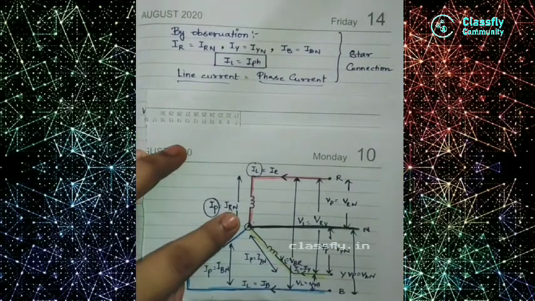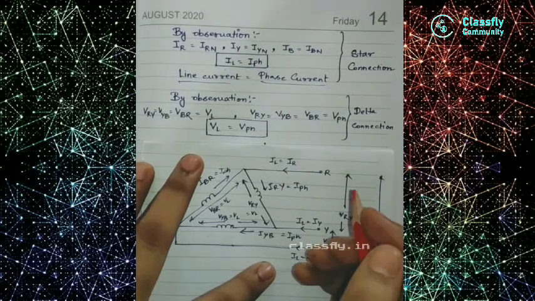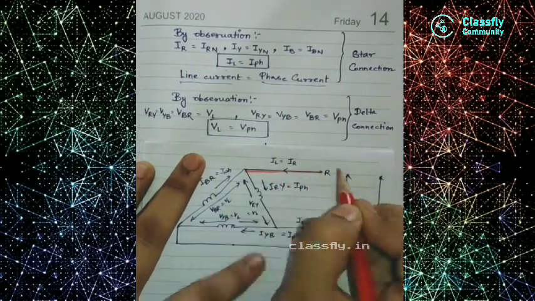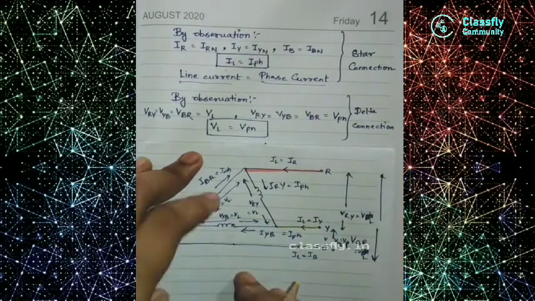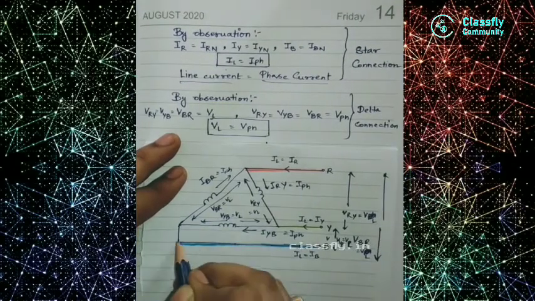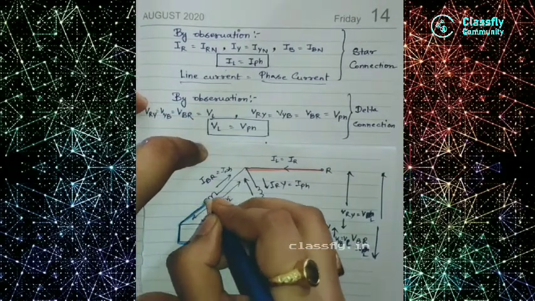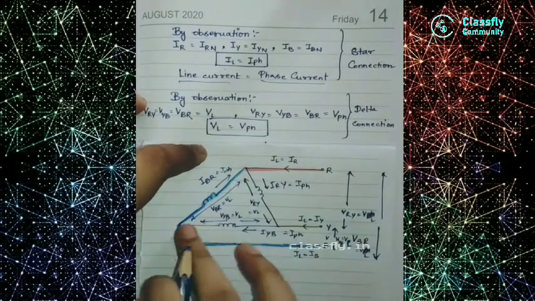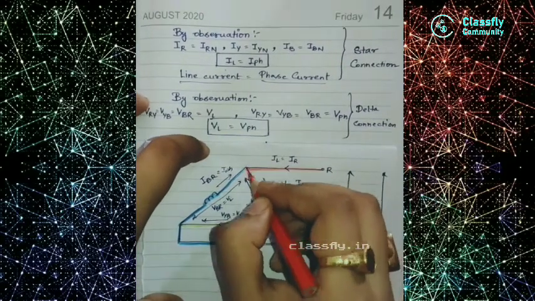Similarly, we will do it for the delta one now. So this is our delta connection, right? But tell me what are the colors? It is red, right? So this is my red. This is my yellow, and this will be my blue. So for the red color, which will be my red color here, or which will be my blue? See, blue will go this side. That means this color is my blue. This is my yellow, then, and this will be my red.